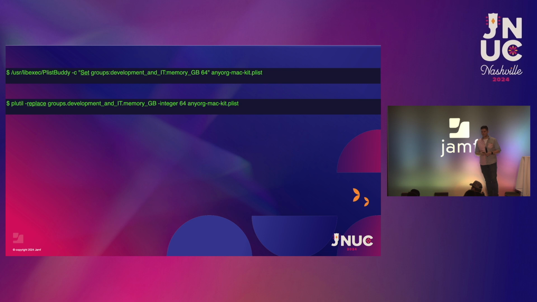So let's modify it. Now, instead of telling PlistBuddy that I want to print that value there, I'm going to tell it, no, actually, I want to change it. I want to set the value to 64, which is still probably plenty for us. With plutil, I'm going to replace that value. So we'll set both of those to 64. And as always, if you've taken a 400 with me, it's like a broken record: trust but verify, right? Check your work when you're done. Try to pull it back out again. Did it actually change?